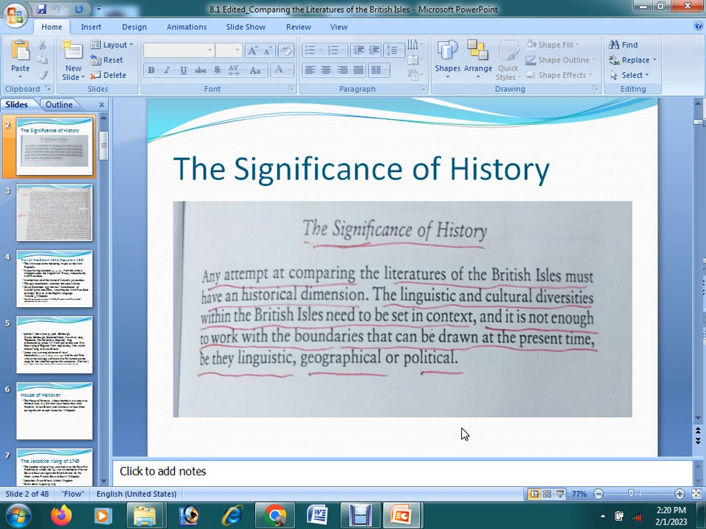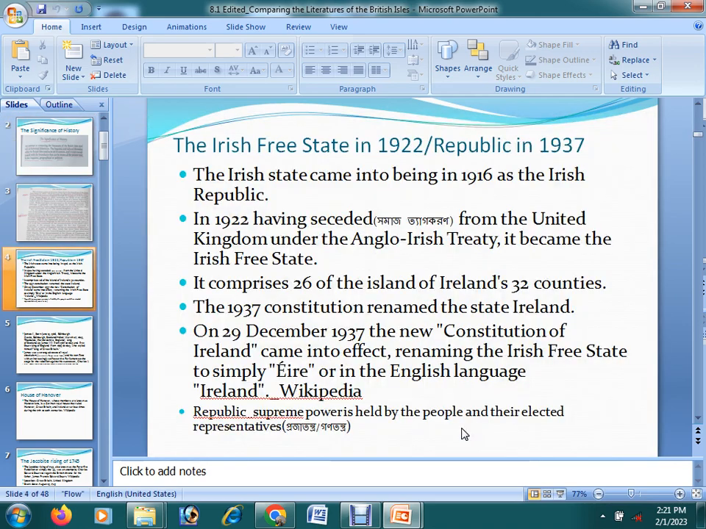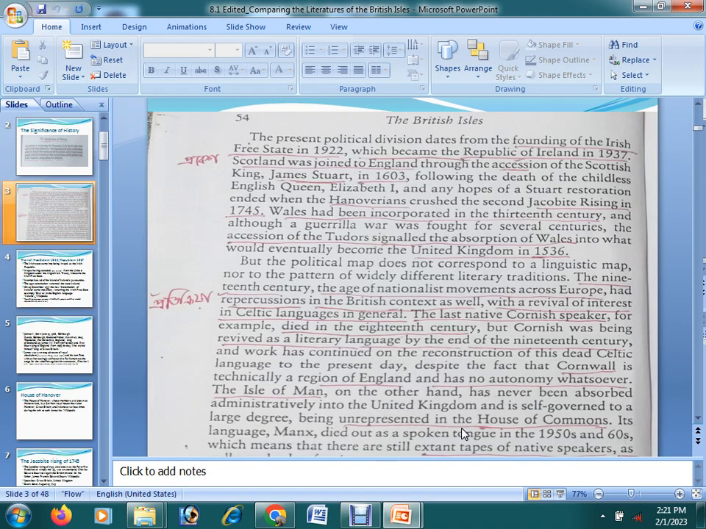And in this perspective, this influenced much when in 1922 the Irish Free State was founded, which became the Republic of Ireland in 1937. Scotland